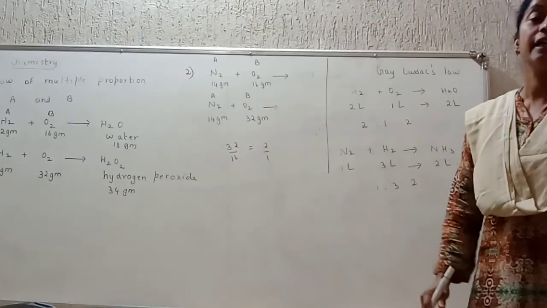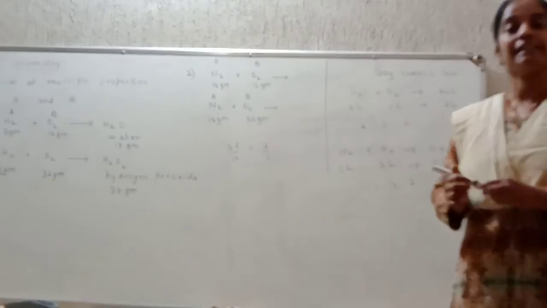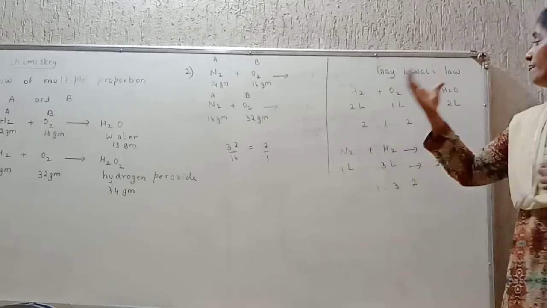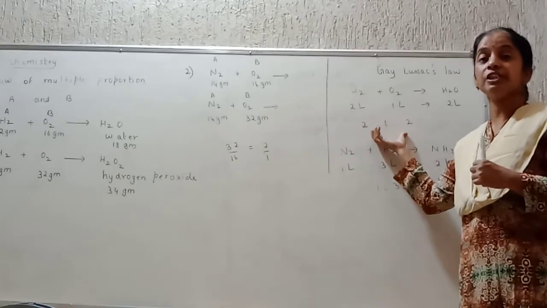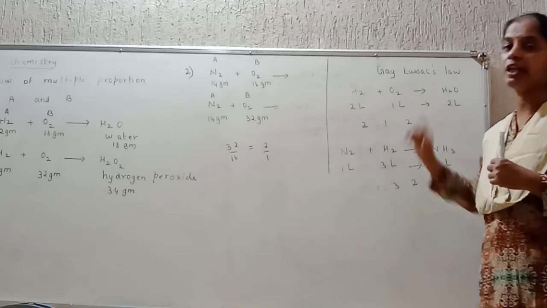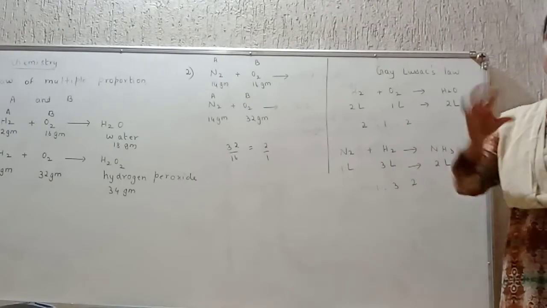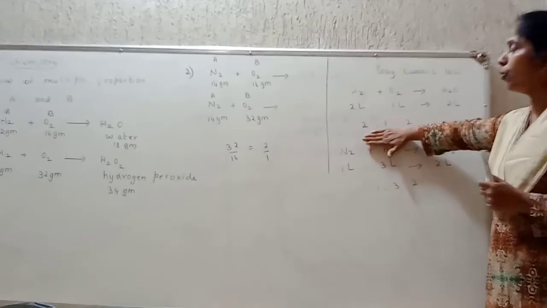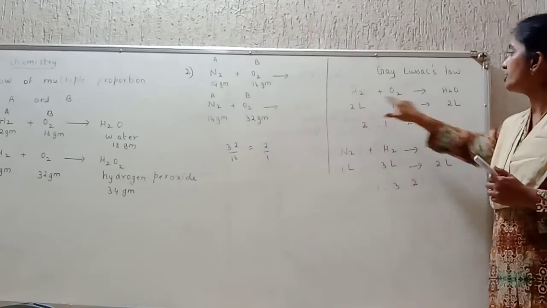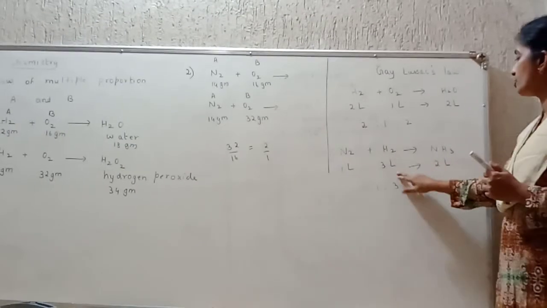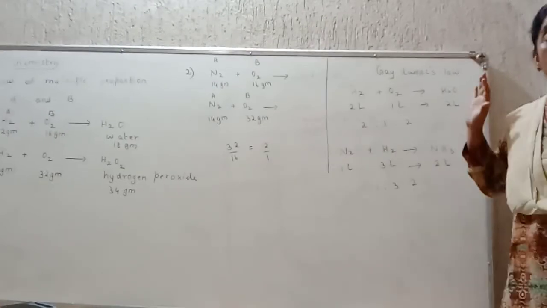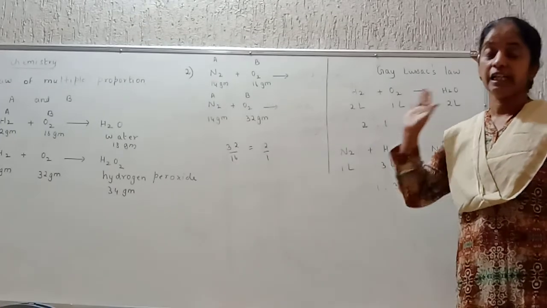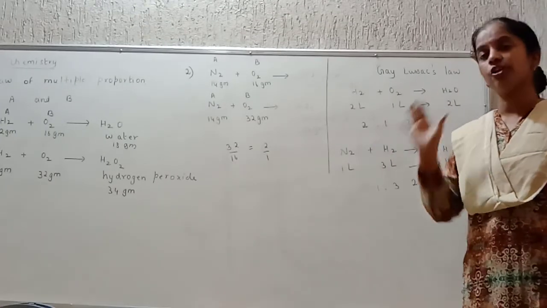This is called Gay-Lussac's law, meaning when gases are formed or when gases react, they do so in a definite ratio by volume at constant temperature and pressure. Here we must not change the pressure and temperature, because once you change these physical conditions, the product varies. They do so in a simple ratio by volume, that is 2:1:2 or 1:3:2. Don't go to moles, don't go to balancing of the reaction. That's it. This is what is called Gay-Lussac's law.